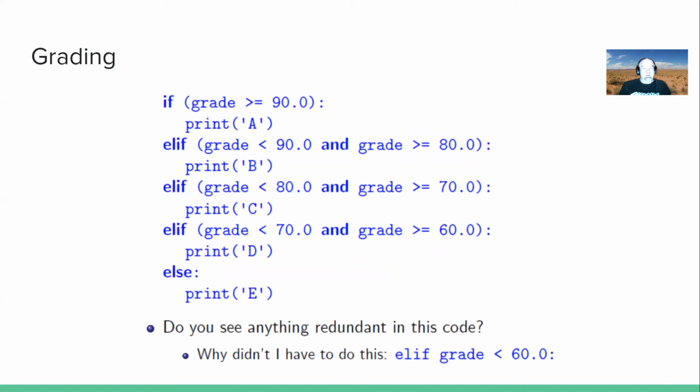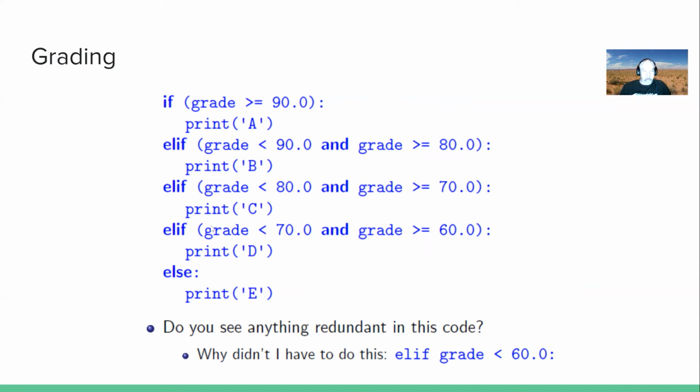Okay, so this is yet another example. This is an example of code that assigns letter values to grades. And it's effectively asking, if the grade is greater or equal to 90, print A. Else if grade smaller than 90 and greater or equal than 80, print B. Else if, you get the idea. And so it's basically filtering through all the grades and then assigning a letter value to those grades,